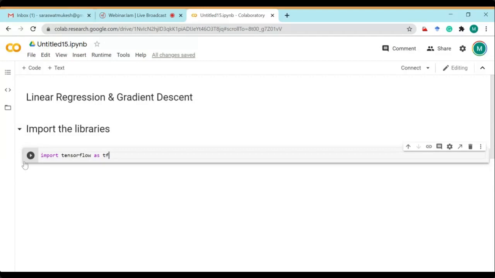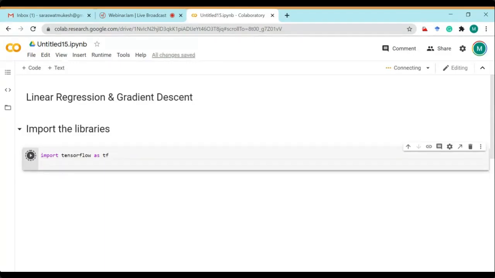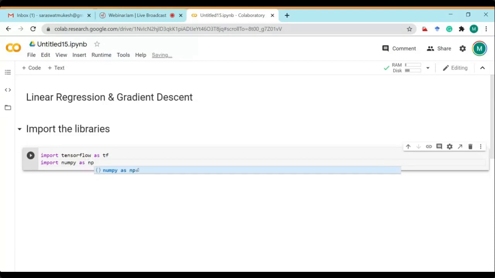Then we have to import more libraries. Since we are going to use n number of samples, and these n number of samples we can store in an array, and to work in Python with an array we need NumPy. So we should use NumPy. You have already gone through the NumPy library, I think, in this workshop. So I just write import numpy as np. Here I have to import NumPy to work with the arrays.